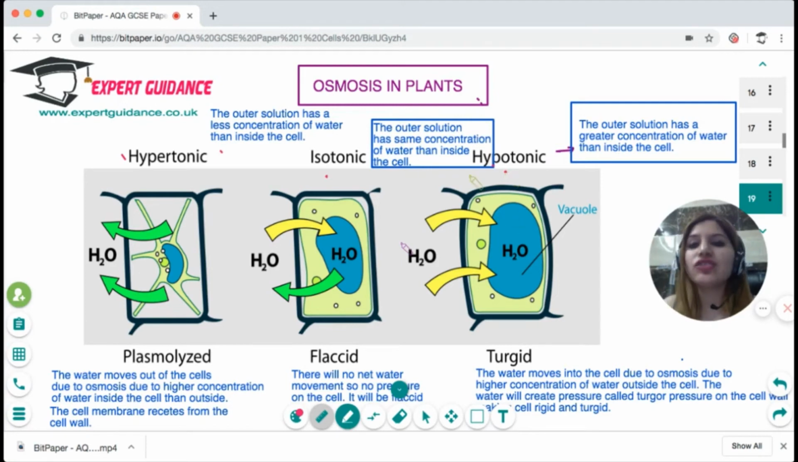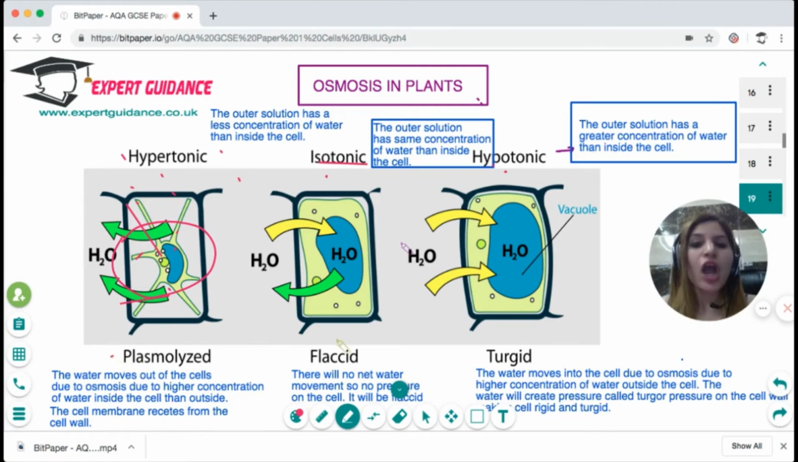And isotonic is a solution which has the same concentration of water in and out. So if we place a plant cell in a hypertonic solution, what happens? The outer solution has less water. So the water from the cell will move out of the plant cell by osmosis. So the plant cell will shrink and it will recede or move away from the cell wall. And this is known as plasmolysis. So when a cell is placed in a hypertonic solution, it shrinks, and this condition in a plant cell is